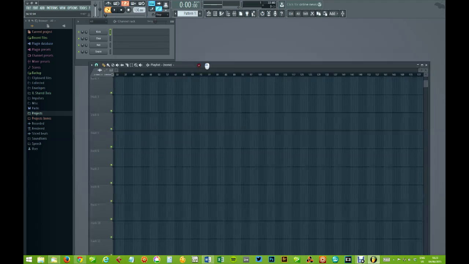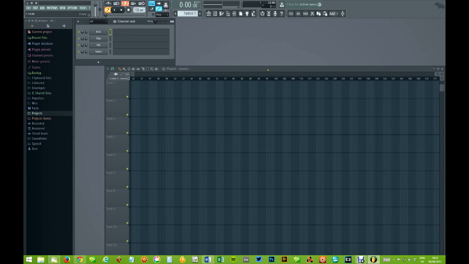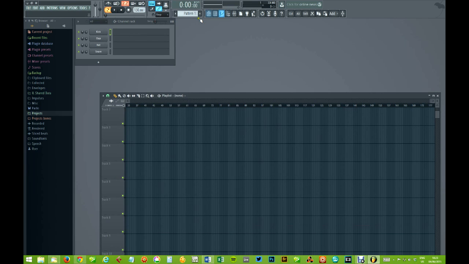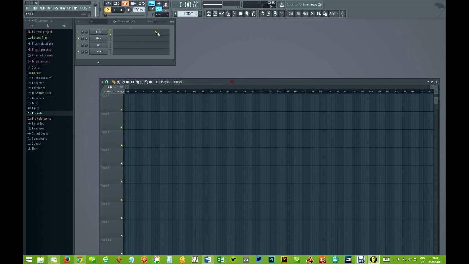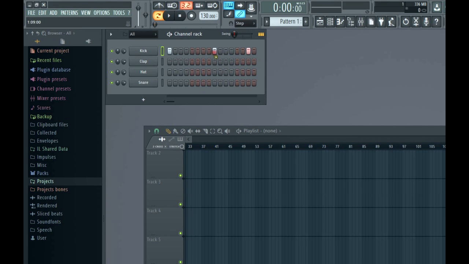All you really get with a new project is this little box called Channel Rack. You may have other things open too, like the playlist or the mixer, which you can easily pull up with these toolbars at the top. But this is what we need to concentrate on to start with. What you seem to get is like an analog drum machine with kick, clap, hat and snare, and these buttons that you can turn on or off with the left and the right mouse button. And if you hit the little play button here,